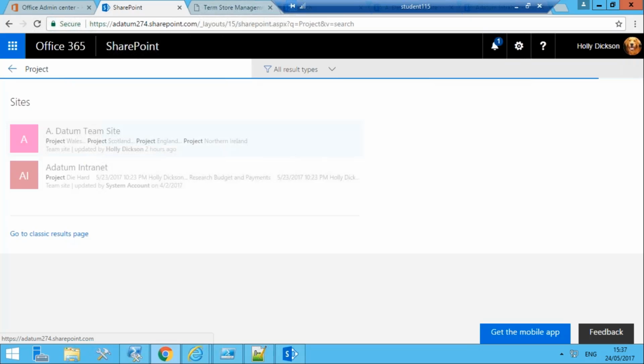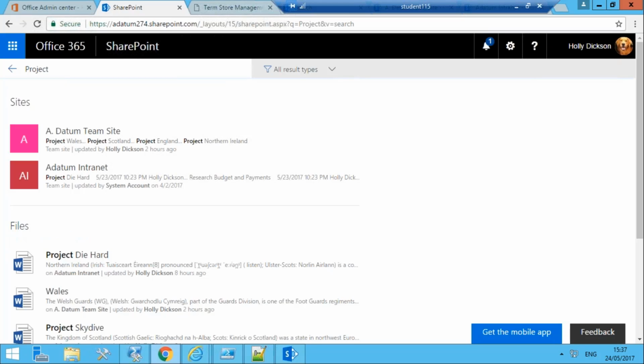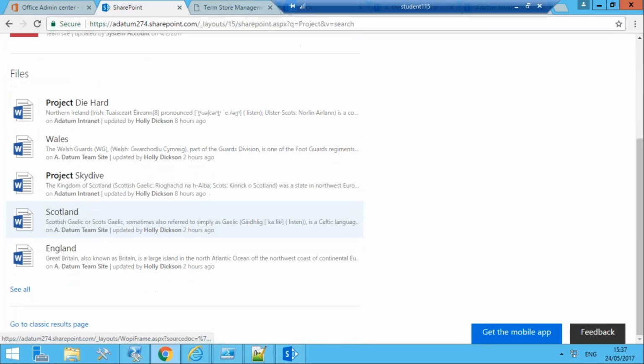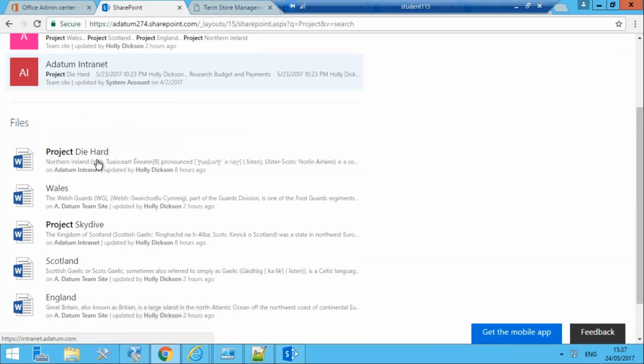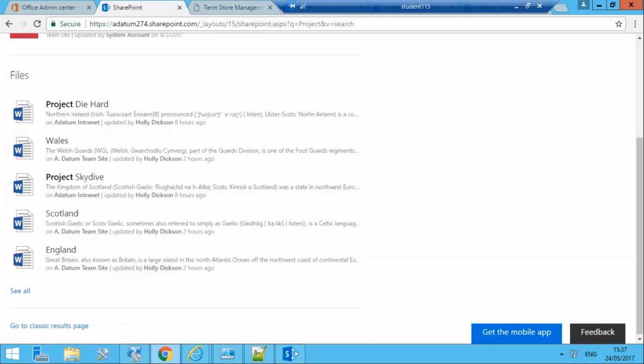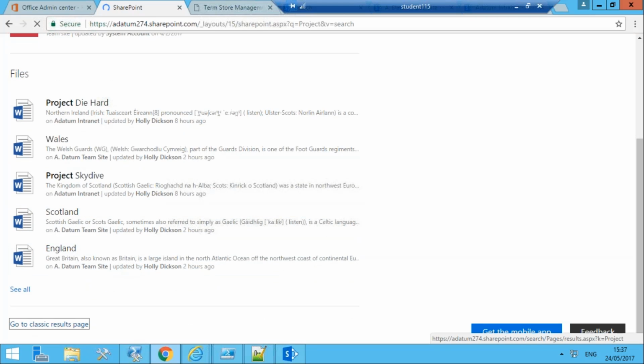And if you were watching last week, some of the new SharePoint announcements that came out are that this page is going to be even more improved than it is now. But what we'll notice down here is I have Project DieHard. This is coming from my intranet. I have Wales at the ADatum team site. This is coming from Office 365. So now that I've started to use this cloud search service application, I'm getting content from both on-prem as well as Office 365. If I come down here to go to the classic results page,